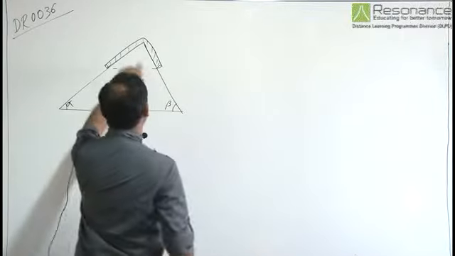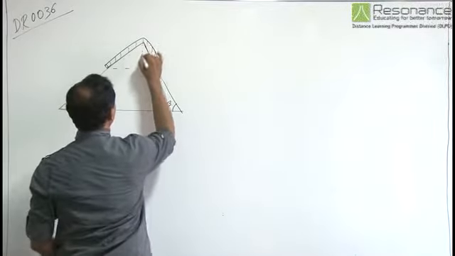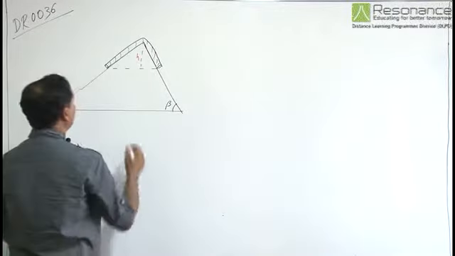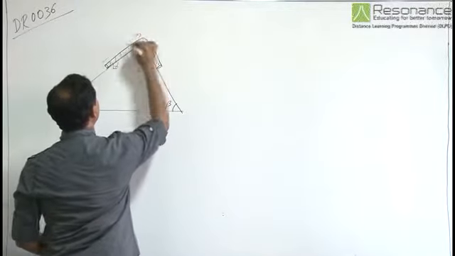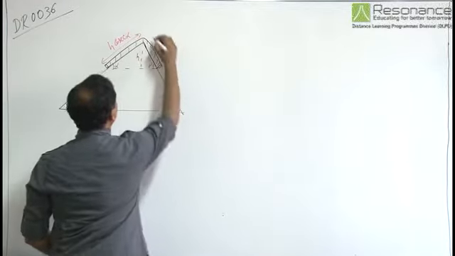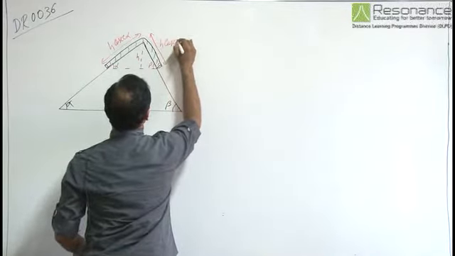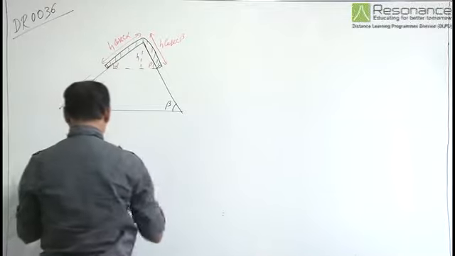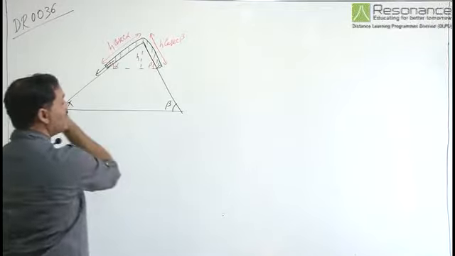As the rope ends are at the same horizontal level, let us assume the height of the peak from this horizontal level to be h. This angle is alpha, this angle is beta. So this portion of the length of the rope is h cosec alpha, and this portion of the length of the rope is h cosec beta. Because of these portions of the length, it experiences a force in this particular direction.